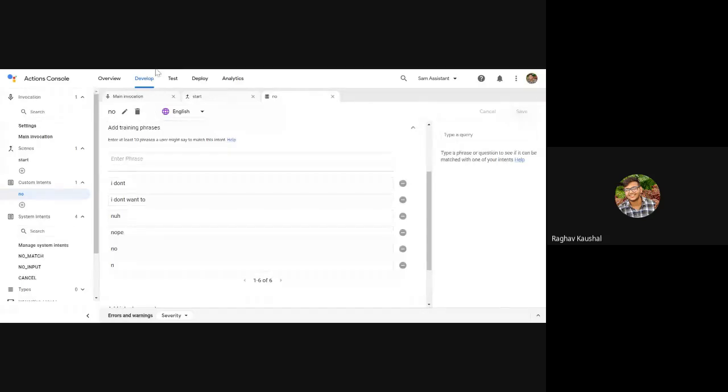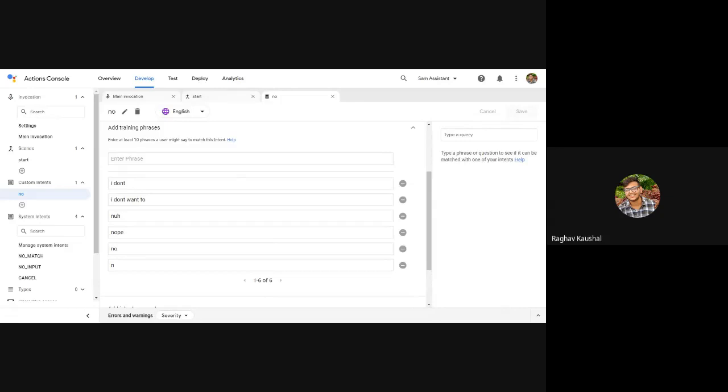Okay, so continue moving. We have created an intent no, but don't you think it is kind of a flowchart, like a movie type of thing? We have to connect these two. How will it know that we have to go to this section?